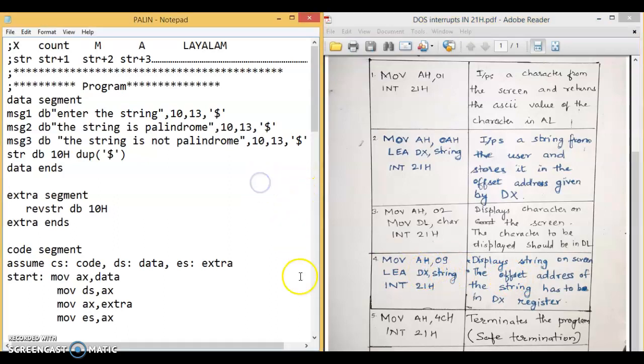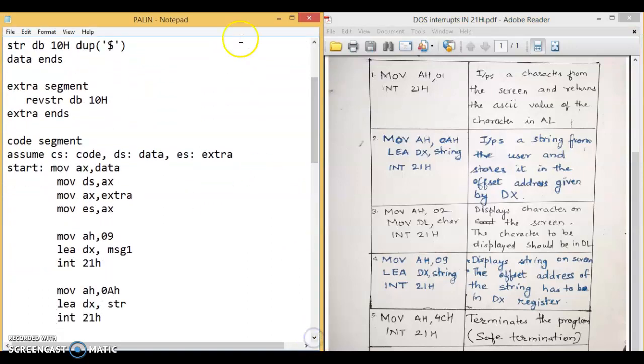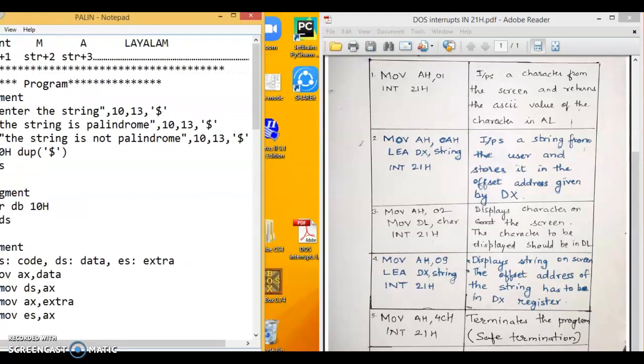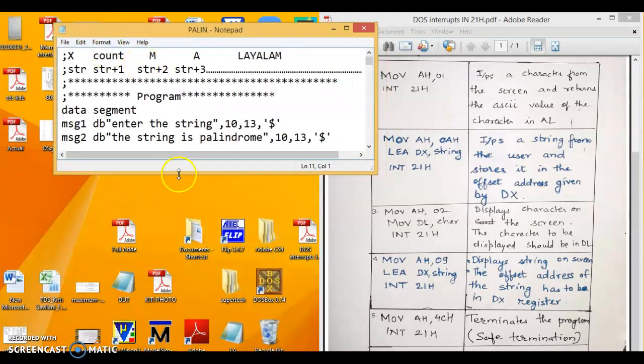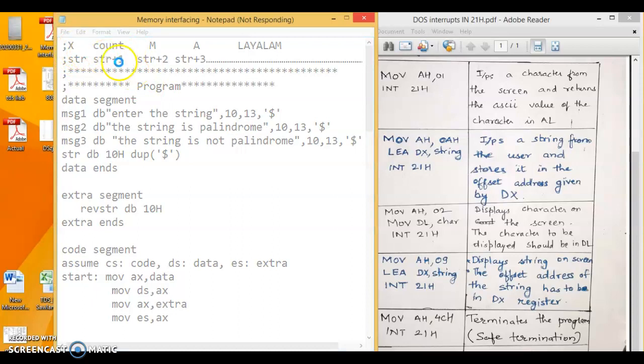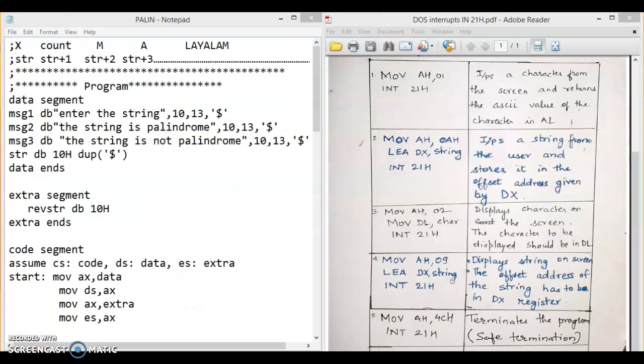Coming to the main program, when the string has been inputted by the user, it is collected and stored in the memory str in a particular format. So the format is: str memory location will have a don't care.